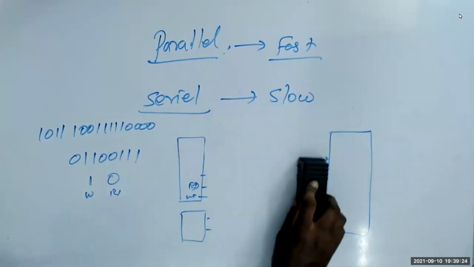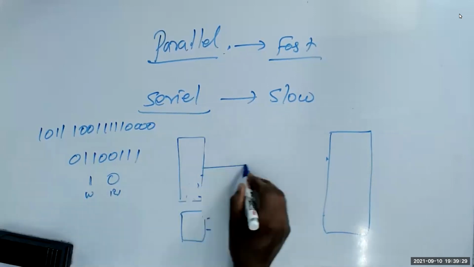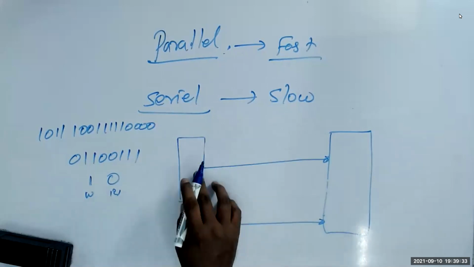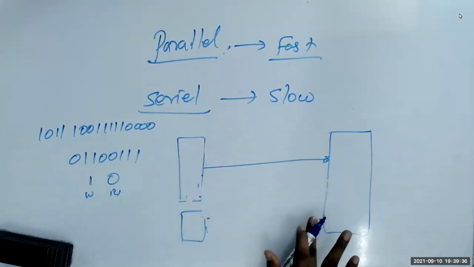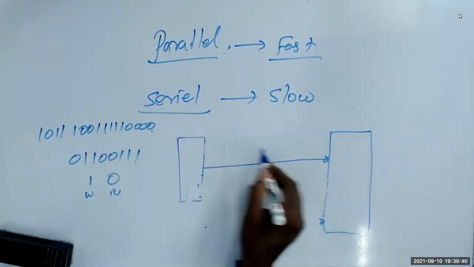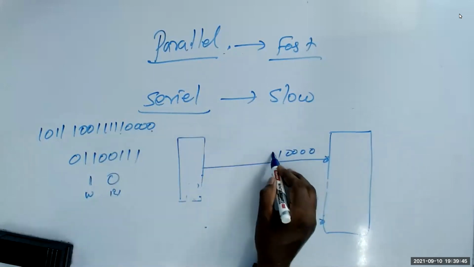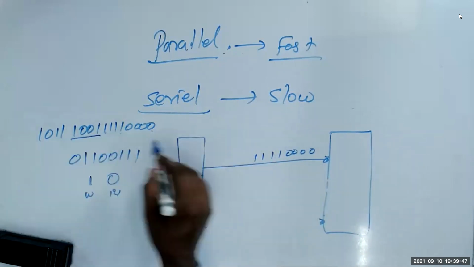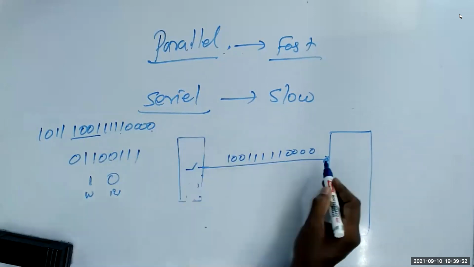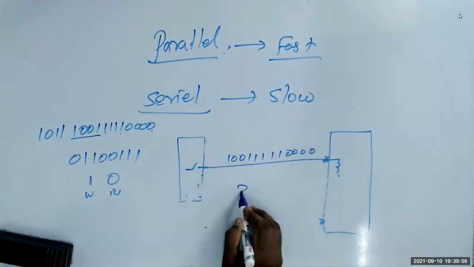I have only 1 pin. Then I have to send first 0, 0, 0, 0, then 1, 1, 1, then 1, 0, 1, 0, 1, because I have only 1 switch, only 1 bulb, only 1 wire. That means this will be 26 times